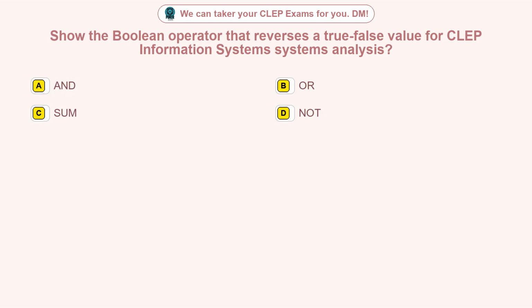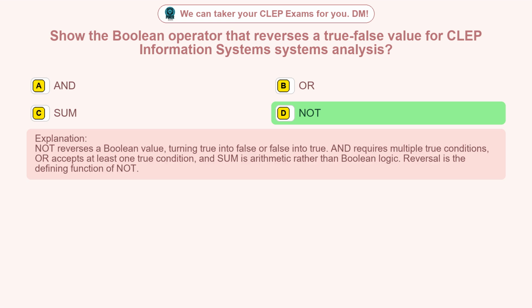Question 83. Show the Boolean operator that reverses a true-false value for CLEP Information Systems analysis. Option A, and. Option B, or. Option C, some. Option D, not. The correct answer is option D, not. Not reverses a Boolean value, turning true into false or false into true, and requires multiple true conditions or accepts